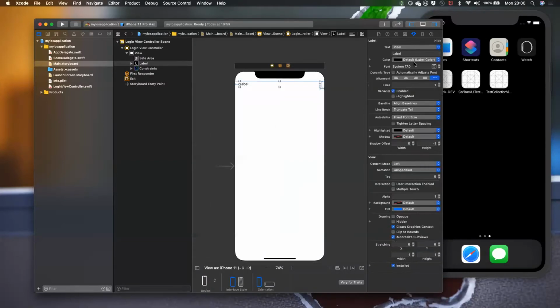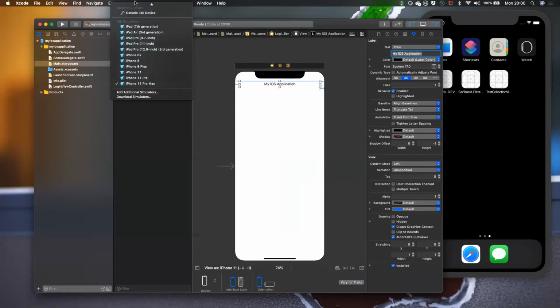And now I will be setting the label text. You can format it to display at the center, and you can also provide the text. I'll be giving the text like my iOS application. Yep, so you can see the text, my iOS application. Now I will try to run this application.